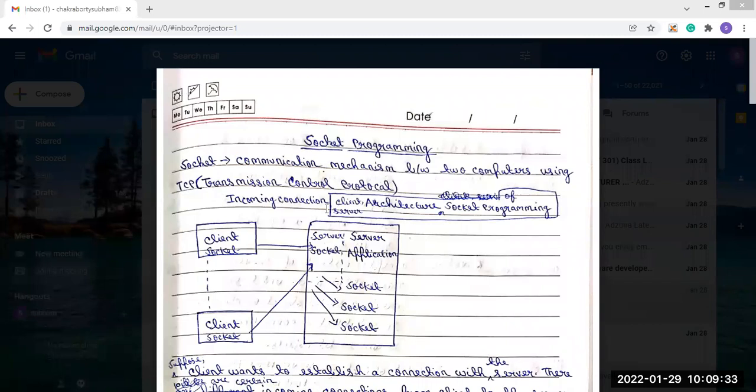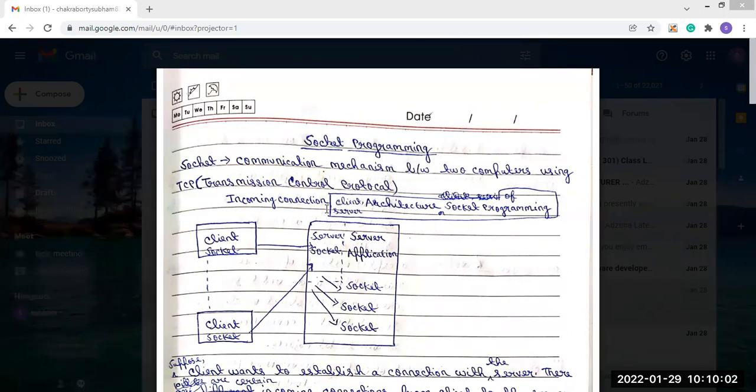So basically, what is a socket? It is the communication mechanism between two computers using TCP, transmission control protocol. When I discussed Java networking, I said we mainly use two protocols: TCP, the transmission control protocol, and UDP, the user datagram protocol.